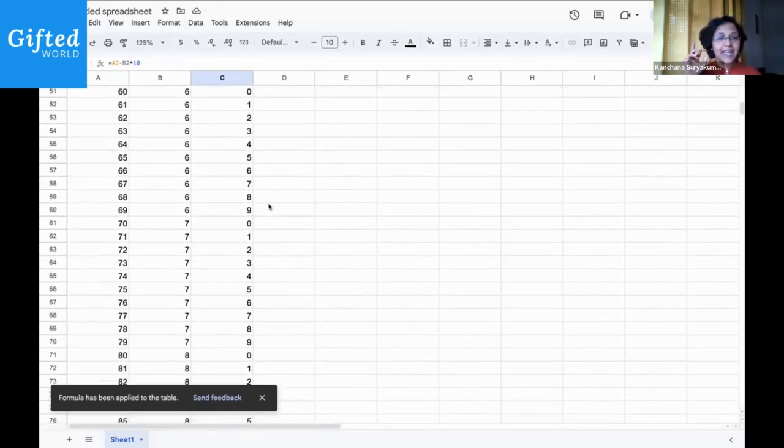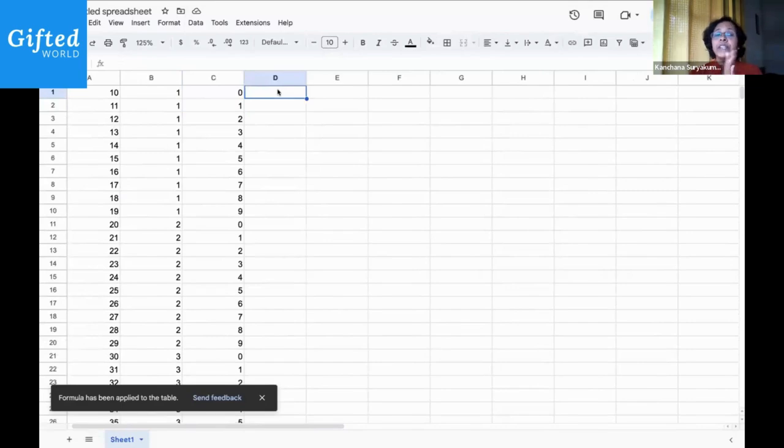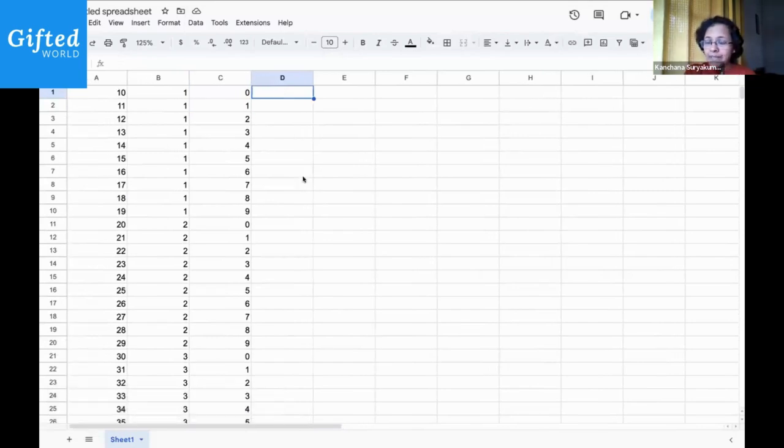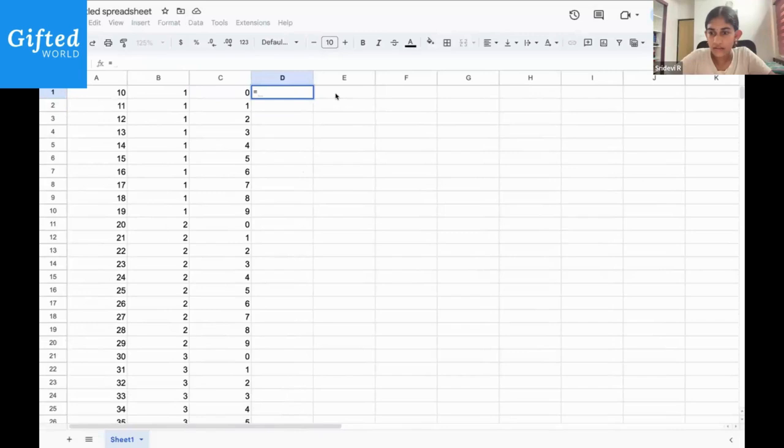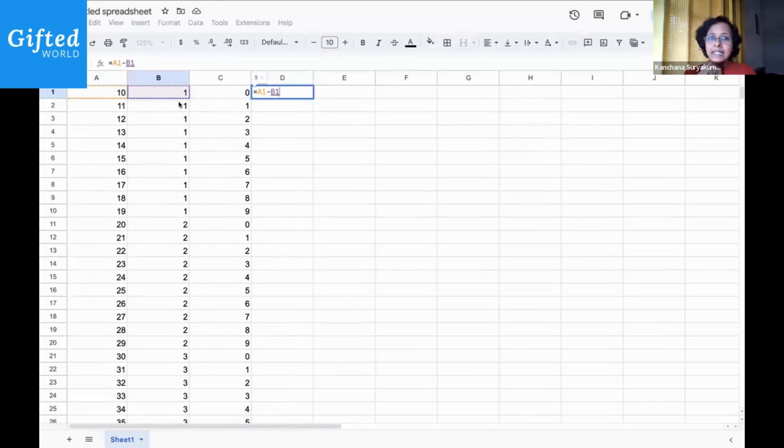Super. Let's now get to our last answer column. Let's go to the D top. What are we going to do now? What was the last step of the number jumbler? You had to subtract that number from the original number. Correct. So what we will do is we can individually subtract the units place and the tens place, right? So let's say is equal to, let's take A1, the first cell, minus B1 minus C1. So we've taken that number and subtracted the 2. Go ahead and say enter and autofill.